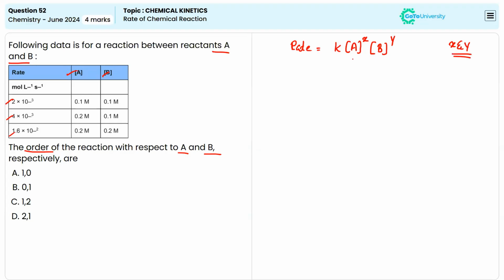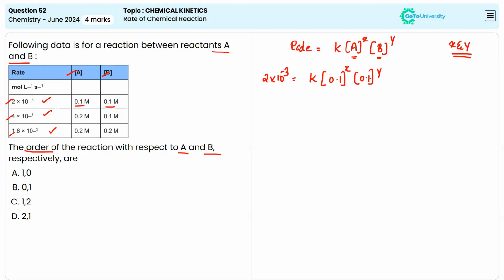X is the order of the reaction with respect to A and Y is the order of the reaction with respect to B. Here we have the rates: 2 times 10 to the power minus 3, 4 times 10 to the power minus 3 and 1.6 times 10 to the power minus 2. First I am taking the first rate, 2 times 10 to the power minus 3, equal to k, the rate constant, which is not given, so I'm keeping it as k only, times 0.1 molar A raised to X,